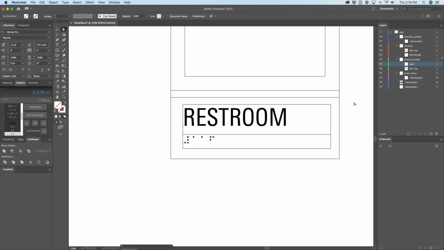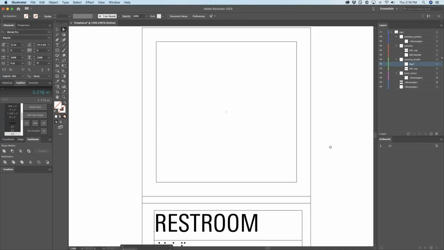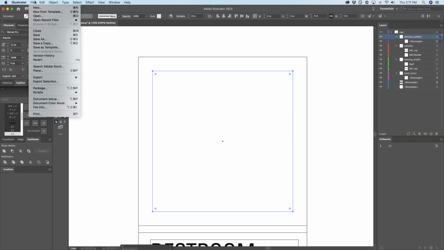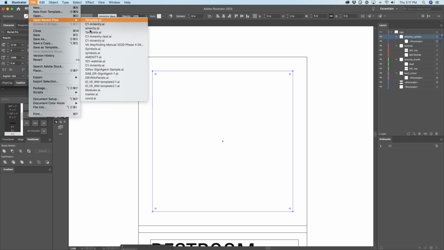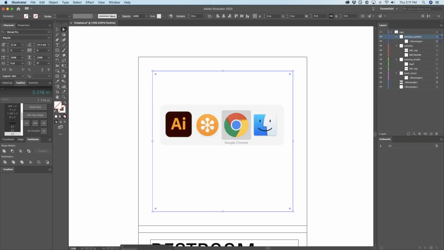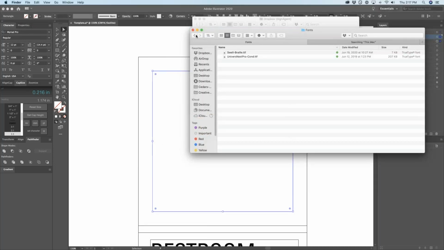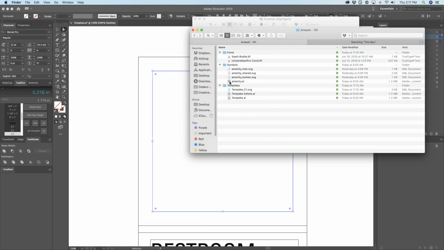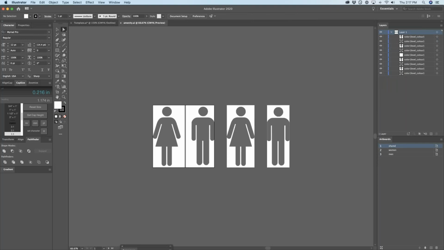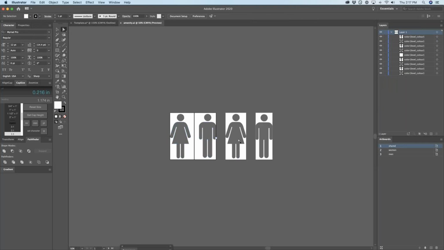So that's the text. And then what I want to do for the symbol now is a little bit different. I'm going to show you in here I actually have an amenity. I moved it to try and organize it, so I've set up a little symbols thing here called amenity. And what I've done is I created an artboard for each sign type. And you can see here that this symbol here,